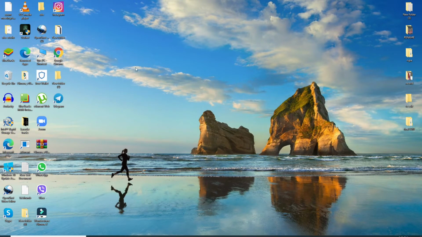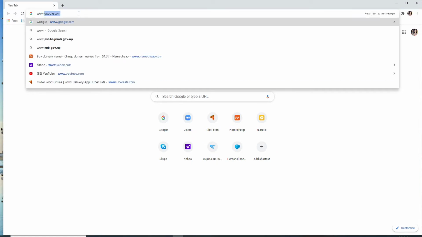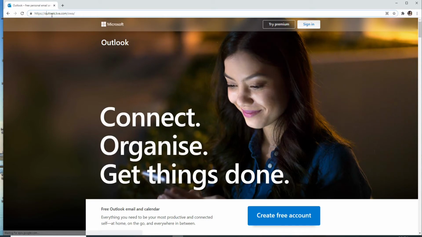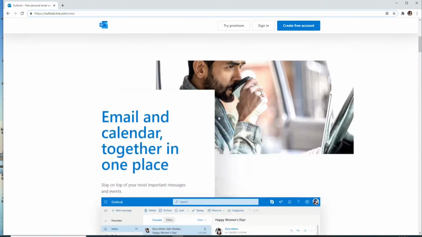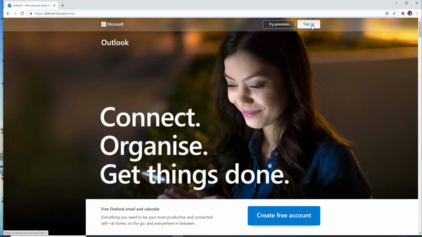Start by going to your web browser in order to log into Hotmail. In the URL box, type in www.hotmail.com or you can simply type in outlook.live.com. After you reach the official website of Hotmail, click on the Sign In button at the upper right